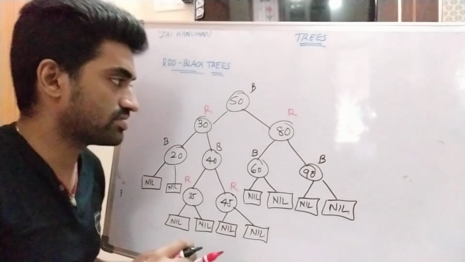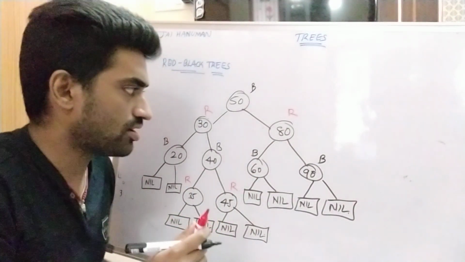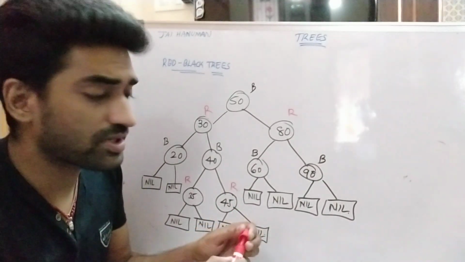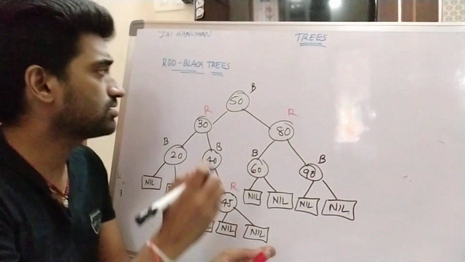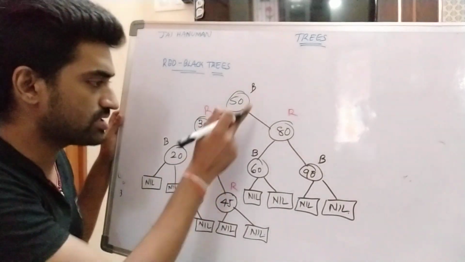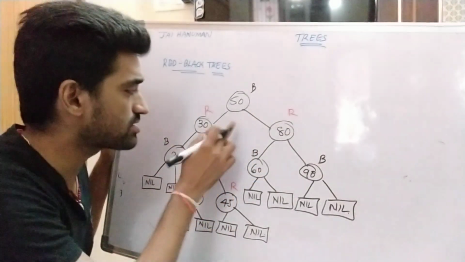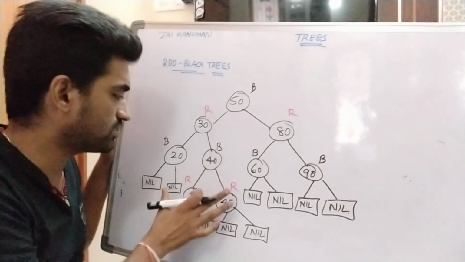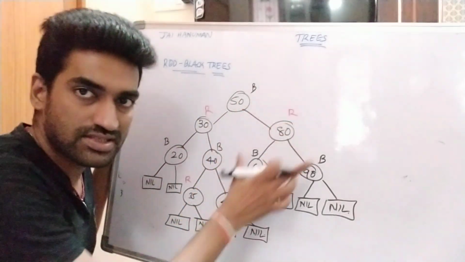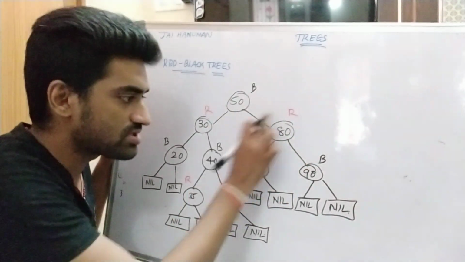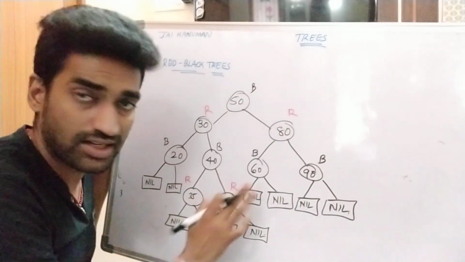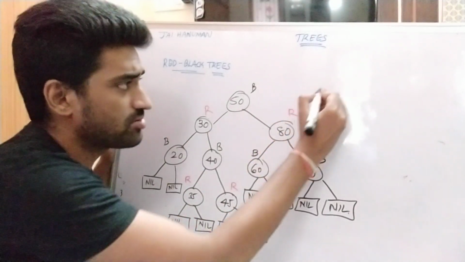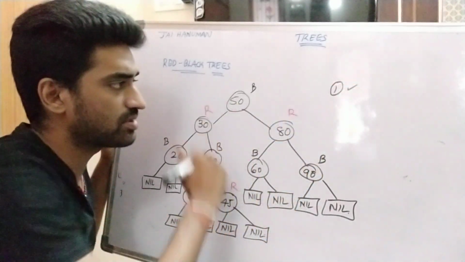Suppose I am considering this tree. Now check whether the tree is a red black tree or not. What is the first property? Each and every node follows the BST property. Why? Because all the elements with lesser value compared to root are present in the left subtree only. All the elements greater than the root are present in the right subtree. So each and every node follows the BST property. So property number 1 has been satisfied by this tree.